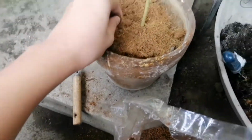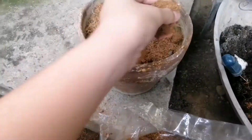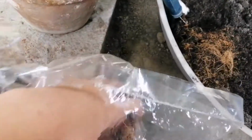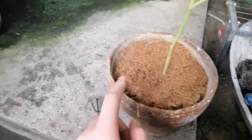Oops, some are falling. Yeah, I'm spilling a lot. But that's okay, we're on the rooftop and it's okay to be messy. And then, since this is severely dry,